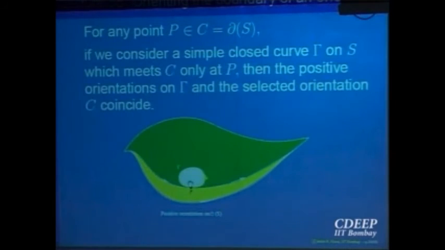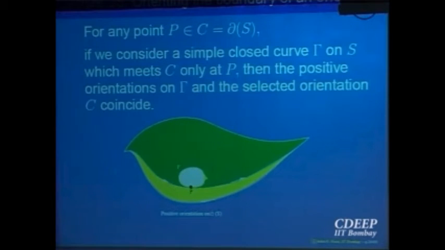So imagine it, the point is very close and touching it. Then the normal will be going up, and that will be the orientation. So that will be the anti-clockwise orientation. So that is the compatible orientation or the positive orientation with respect to the selected orientation on the surface. So once you fix the orientation on the surface, automatically an orientation on the boundary gets fixed by this process.